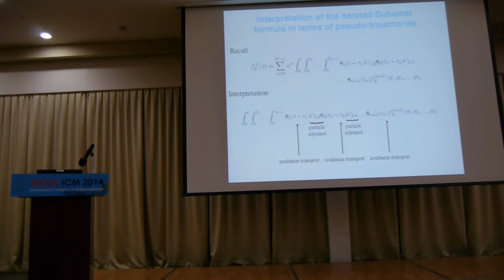Right, so now let's try to go back to my QML formula. So now I've written again the BBGKY formula. Forget about Boltzmann. Just look at this here. And the question is, why does this converge to the Boltzmann hierarchy? Now what we're going to do, so that again is a fundamental idea of Lanford, is to try to interpret everything here which is inside the integrals in a more geometrical sort of way in the following way.